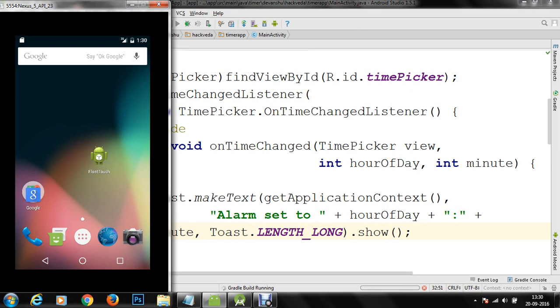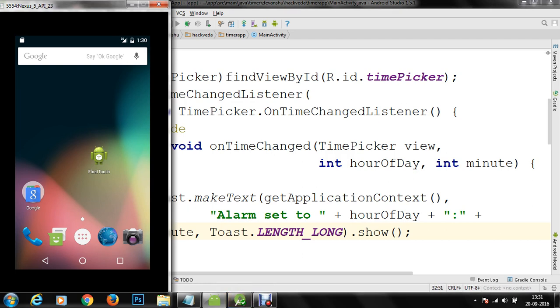Moreover, what you can do is take the time information and save that information in a shared preference. Then within a service, you can fetch the current time information using the calendar instance, and you can match it with the saved preferences. If both of the times match, then you can execute a music player or something like that in order to ring the alarm. So all these things can be done. You can in fact set your task information with respect to time. So many things can be done.